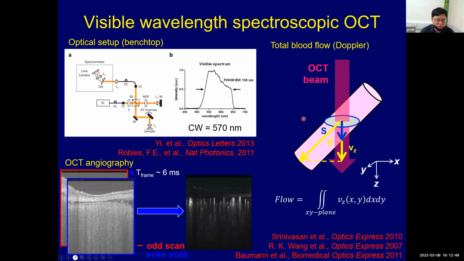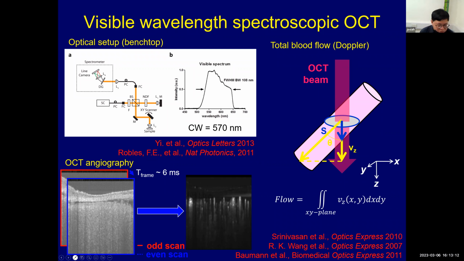So first, I want to highlight that this is a setup that we built. This is a free space setup. Later I will go into a fiber setup, but I just want to highlight two concepts here. I keep saying that you can actually get the vessels or flow information, but how was it